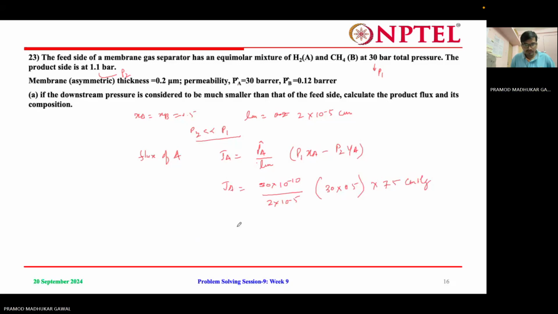So JA is equal to 0.168 centimeter cube at STP